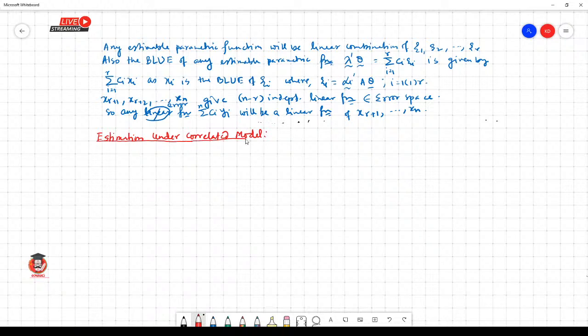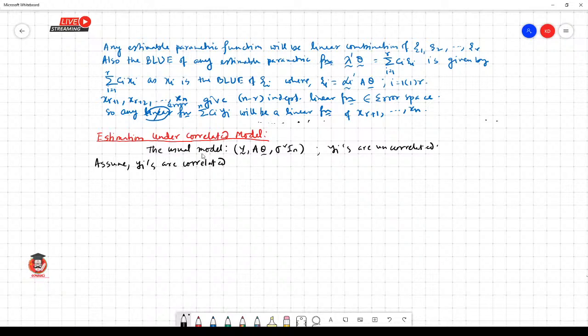Okay, Shubhodip. The usual model is y curl, A theta curl, sigma square I. Okay, obviously yi's are uncorrelated here, but if this does not happen, that means yi's are not uncorrelated, so we assume yi are correlated, that is y1, y2,